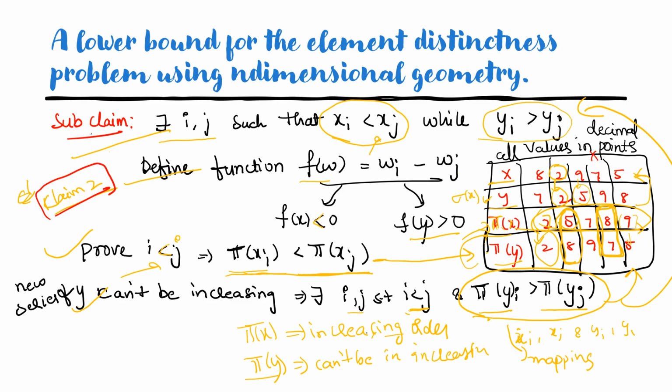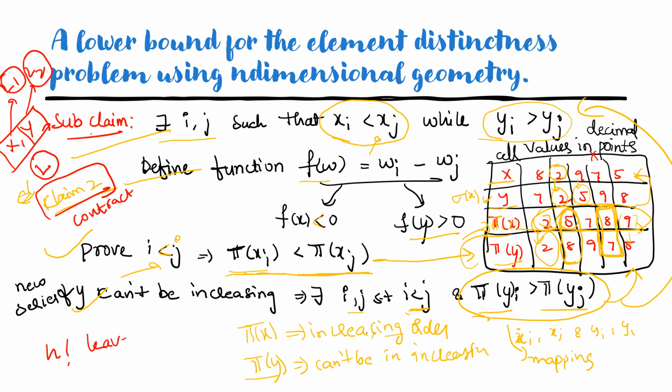So claim 2 is proved by contradiction. Finally, x comma y can't reach the same leaf node L, so they must reach different distinct leaf nodes L1 and L2, giving an S answer. So when they are reaching two different leaf nodes, I can say that there must be n factorial leaves. The number of S leaves must be greater than or equal to n factorial. I can say this from claim 2.